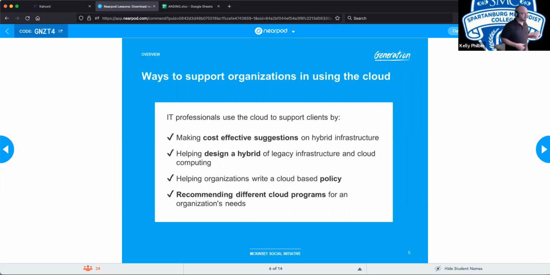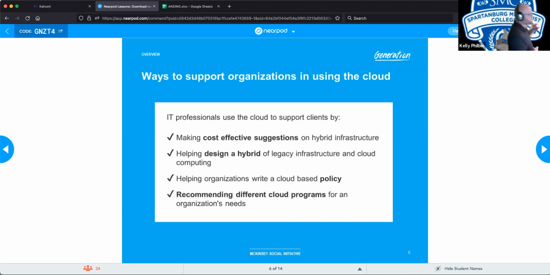Now, there are many ways we can use the cloud to support organizations. It is a cost-effective hybrid infrastructure you can create to pool less critical pieces of your business in the cloud, keep the more proprietary business-critical stuff internally.